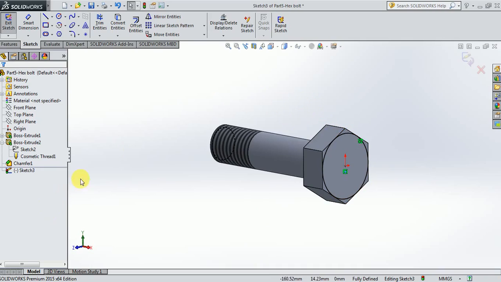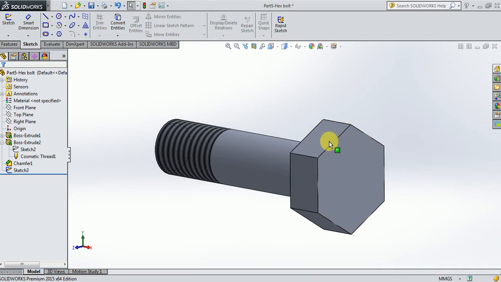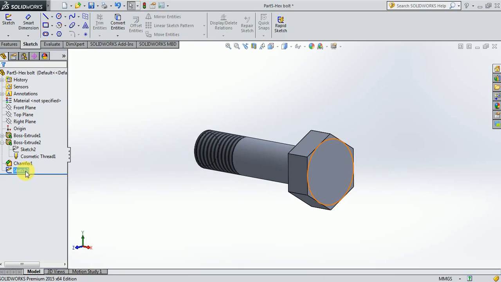Then what we do is, we will come out of this particular plane. Once that circle is done, you just come out of that plane. This particular circle will be used only for construction purposes. Then I am going to select the front plane, and you need to remember